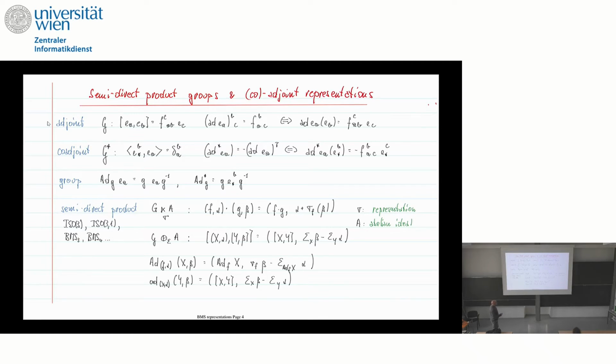And so in order to make on this a group law, what you have to do is, so you have two factors. The semi-direct factor is just the group law of the non-abelian group, which I refer to as rotations in general, just using the terminology from the Euclidean group. And then you have this action of the rotations on the translations, which is here.